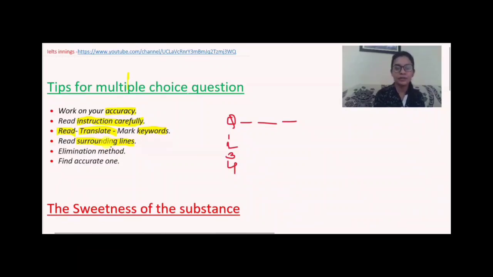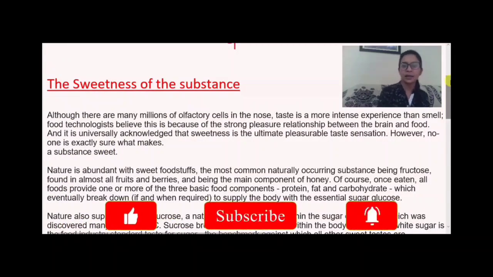At that time, you can use the elimination method. What is the elimination method? It is when you eliminate the opposite options and the contradicting options. After finding the location, use this method. With the help of this method, you can instantly find which option is contradicting the statement, or which is the accurate one, or which is the opposite statement. Then mark the correct one. These are some tips to solve multiple choice questions. I'll tell you all these in the reading.